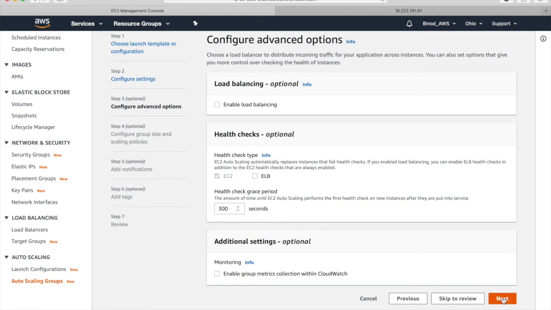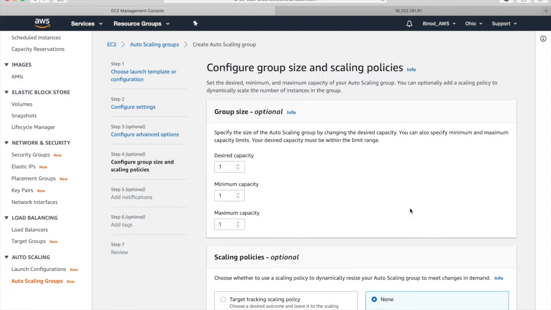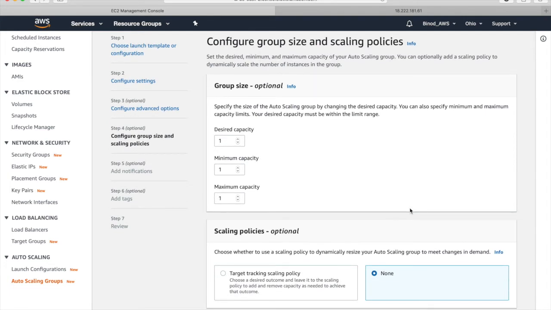And keep everything. He's asking whether you want a monitoring facility, so I don't want anything for the time being. Now the concept is: how many machines, how many EC2 instances do you always want? So I gave the minimum one, the maximum 3, and the desired is 2. So what is the minimum, maximum, desired?